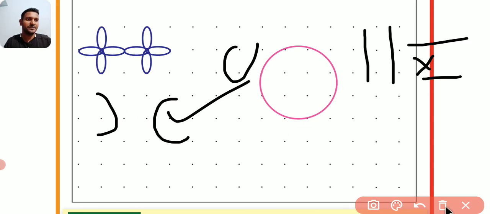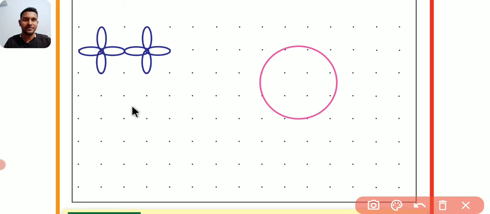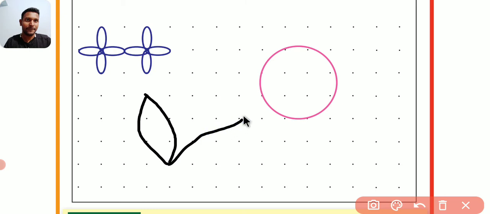By using curved line we have to draw some shape. For example, I am going to draw one shape by using curved line. I draw, this is curve. I join this dot. This is one shape, like that you have to draw, that's all. Next,